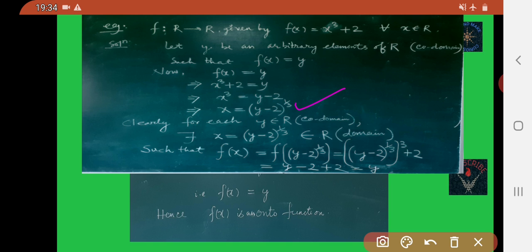Now fourth step. Here you have written x in terms of what? y, that is x is equal to g of y.